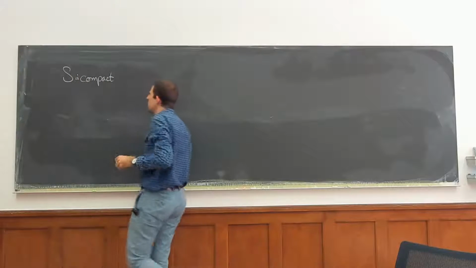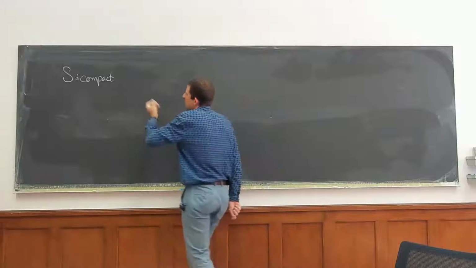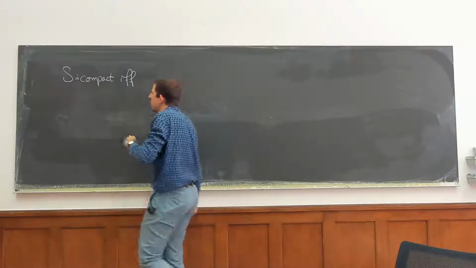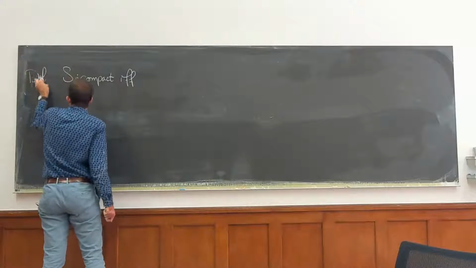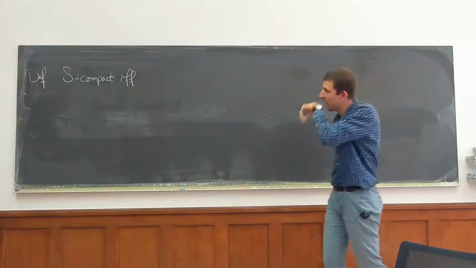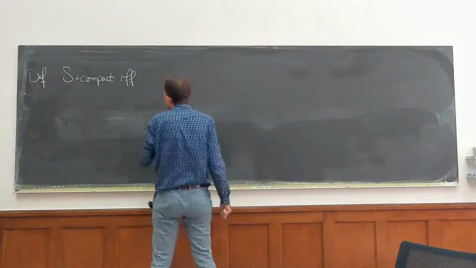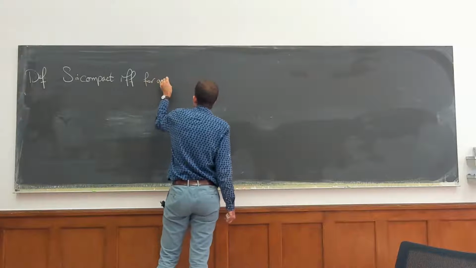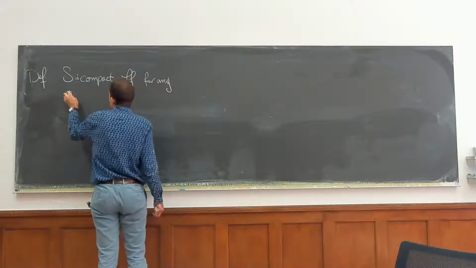Okay, but it turns out that the right way to define compact is the following. We say that S is compact, and this will seem a strange definition the first time you see it. So, definition. I have just a few minutes, so I'll just give the definition and we'll prove one theorem about it. Definition: S is compact if and only if for any open covering